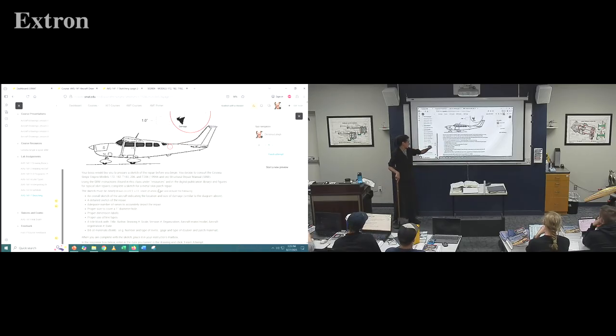And then you're going to do a detailed sketch. I'm going to show you what that should look like. Adequate number of views, which would be 2. Proper size for the 1-inch hole, I'm going to show you that. Proper dimensions, proper line, I'm going to show you that. Title block: once you're finished with your drawing, don't forget a title block and come back to these instructions